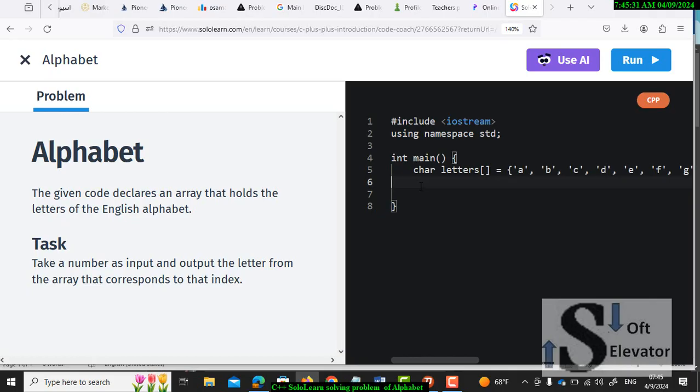First of all, we have to declare a variable n. It's an integer variable. Okay, and then let the user enter the value for n. So cin, then the extraction operator and n, and a semicolon for closing this, and then cout,